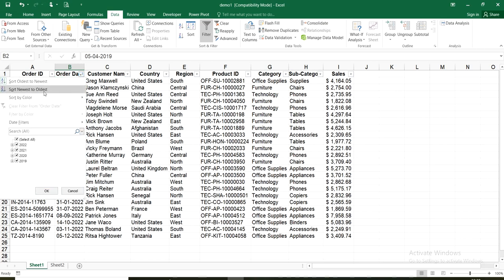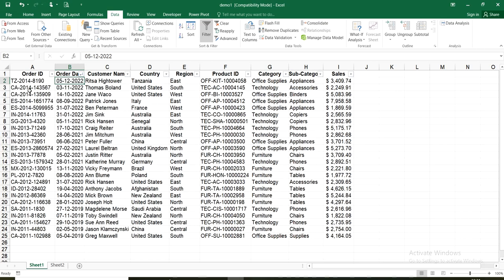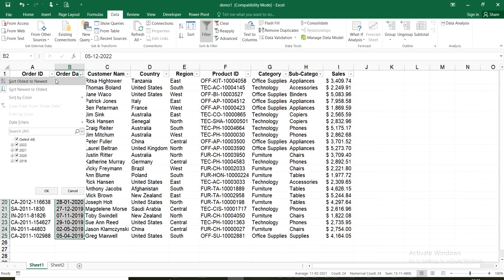With sort newest to oldest, the newest will be displayed first, and as we proceed down, the older ones will be displayed. This way you can sort data from newest to oldest or oldest to newest.